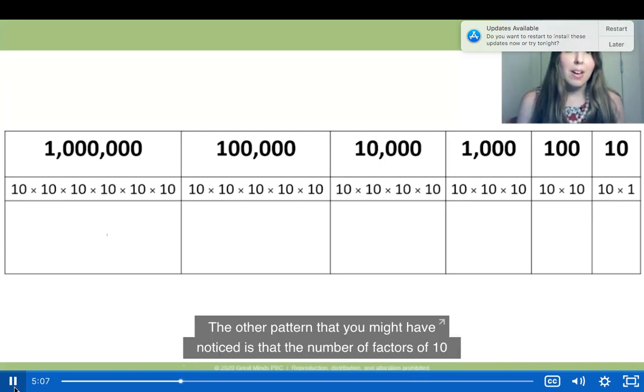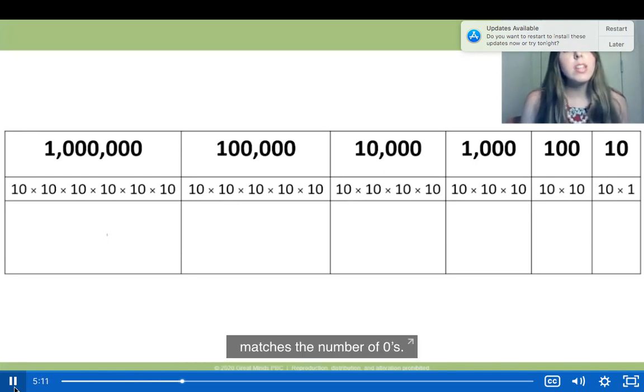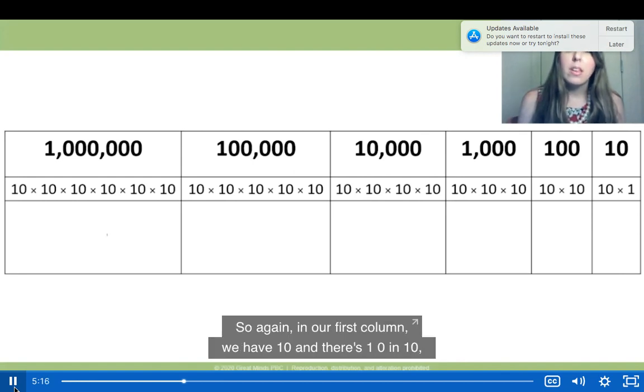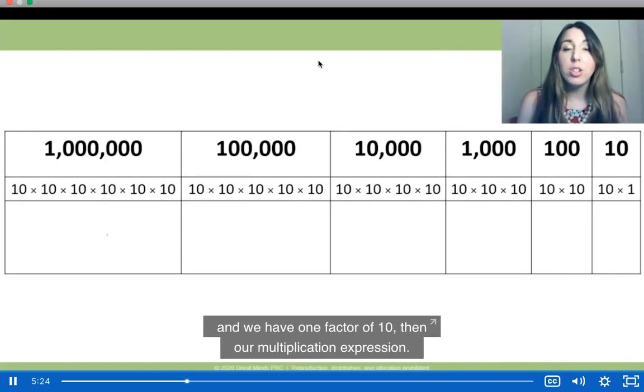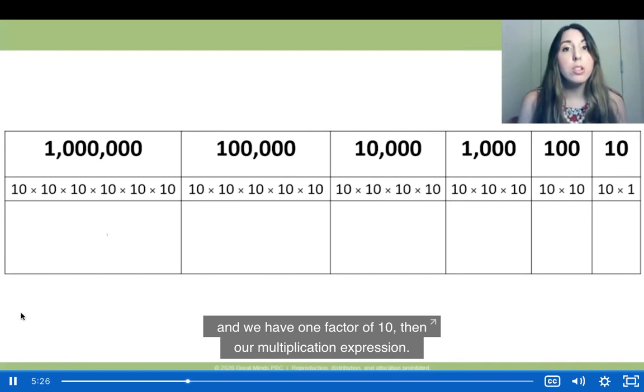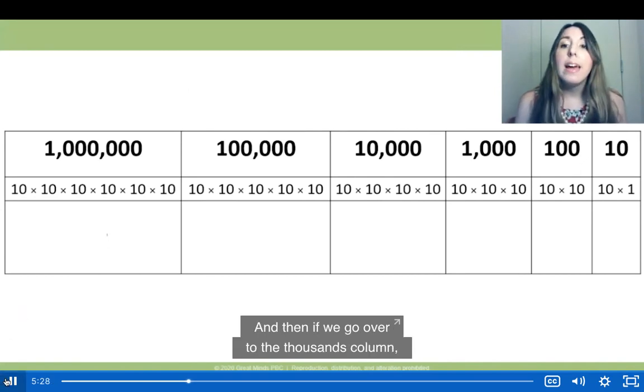The other pattern that you might have noticed is that the number of factors of 10 matches the number of zeros. So again, in our first column, we have 10, and there's one zero in 10, and we have one factor of 10 in our multiplication expression. And then if we go